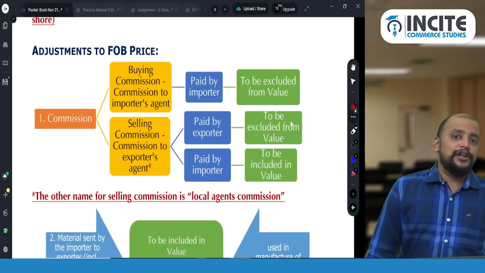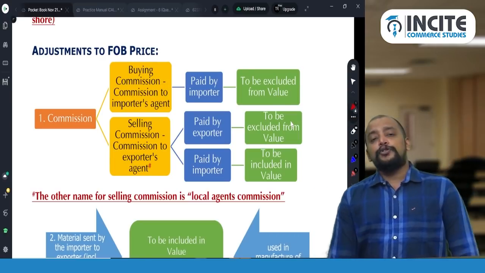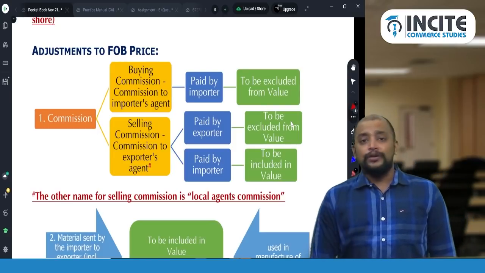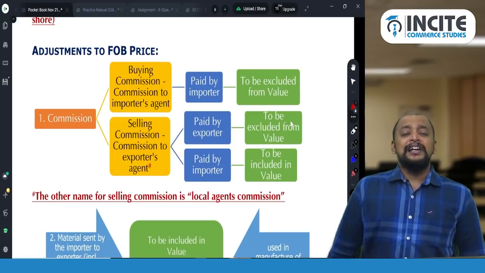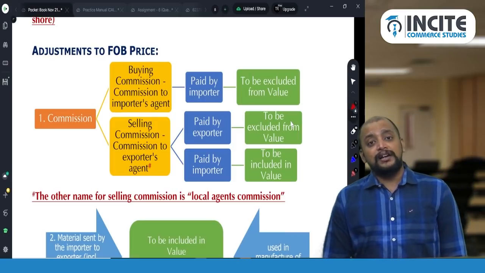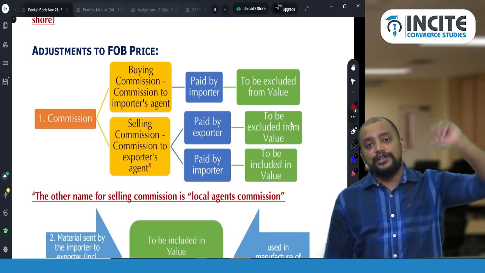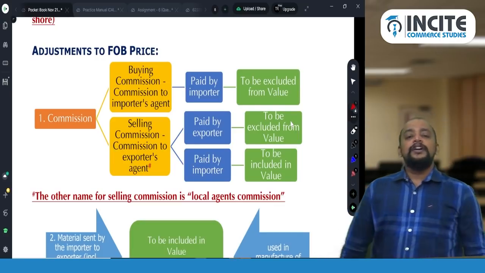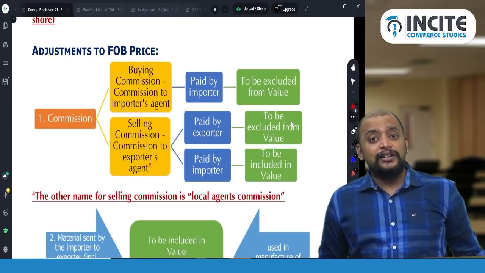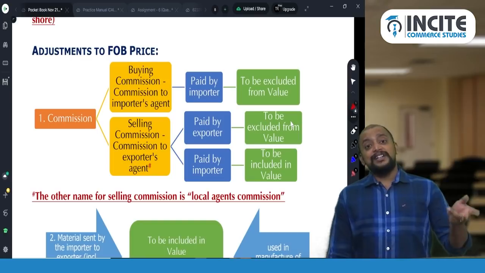That will not be included in the value. Why? Because the importer will be incurring some expenses. If the importer gifts some necklace to his wife, will you include that also? Why would you include it? That is his expenditure. Let him incur any expenditure, what is our botheration? Suppose he gives some necklace to the exporter's wife, we should include it, because it is an indirect consideration to the exporter. So whenever he incurs some expenditures, why do we need to include it? Is he incurring it on behalf of the exporter? No. So don't include.